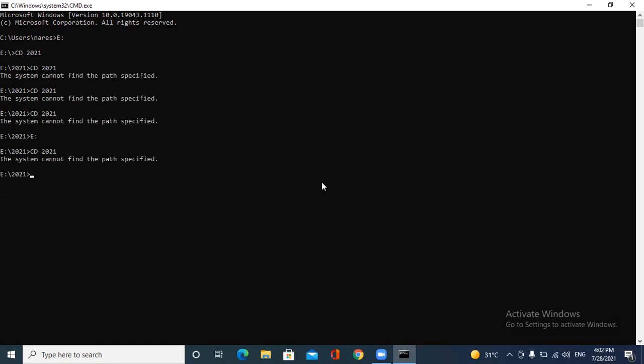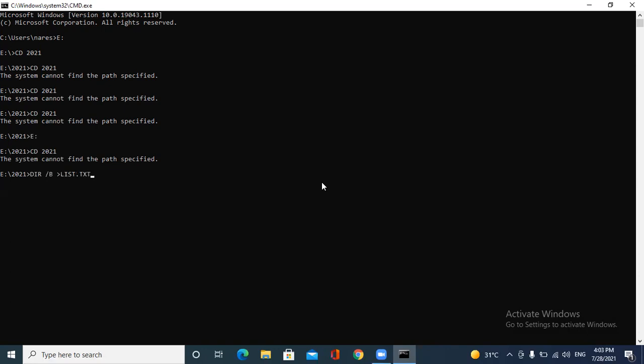Here I am using one command, dir: D for Delhi, I for India, R for Romeo, space, slash B for Bravo, B, space, then greater than sign and our file name. I am choosing the file name list.txt.